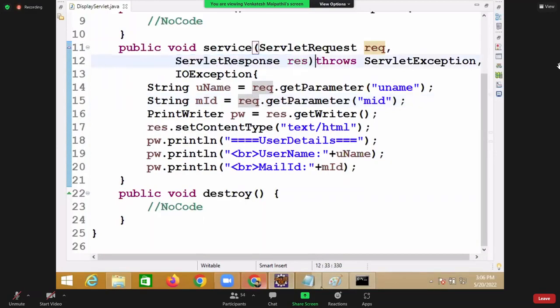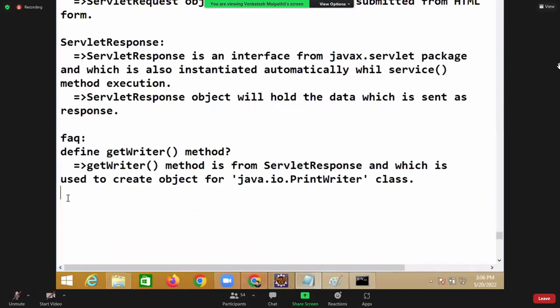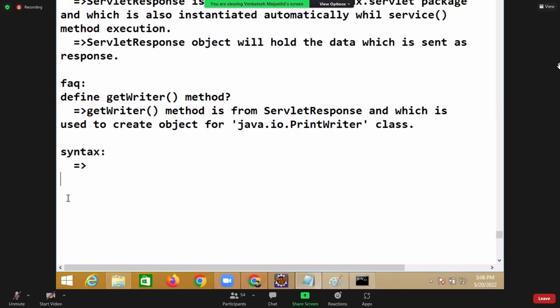Make the syntax once: PrintWriter pw = res.getWriter();